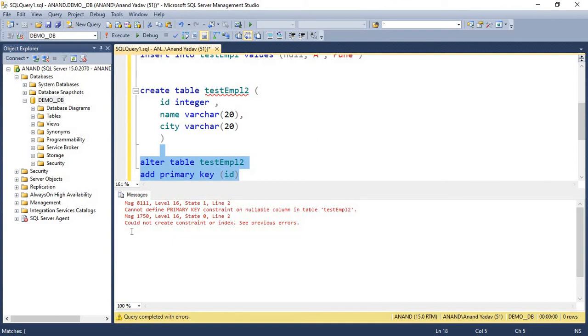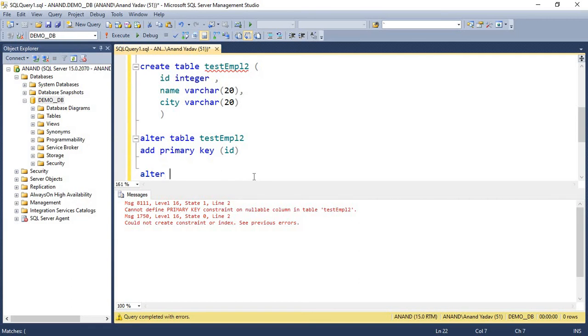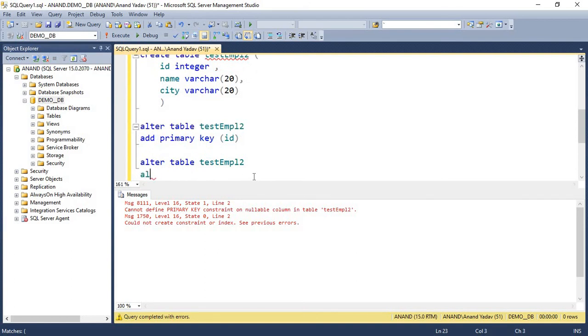See, it failed with the error message: cannot define primary key constraint on a nullable column, because the column id is null by default. We did not provide the not null constraint here. So if we want to add a primary key on the id column of an existing table, we need to make sure that this id column has a not null constraint. So before that we want to make this id field not null.